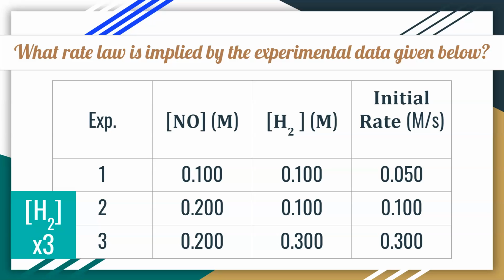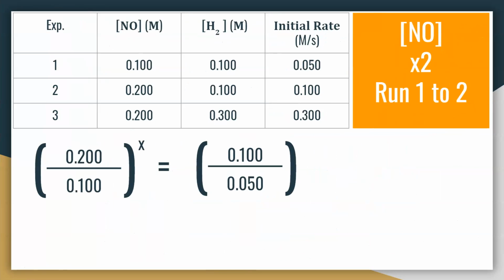Another way is to dive a little bit deeper into each component and use some algebra to determine what the order is, and that's what we're going to do now. So we're going to start with nitric oxide. And remember, we were comparing runs 1 and 2 for nitric oxide. And we're going to do our second run or final run over our initial run or run 1. And we're going to raise that to our variable, which in this case is the order because we have yet to determine that. And then we're going to set it equal to the same